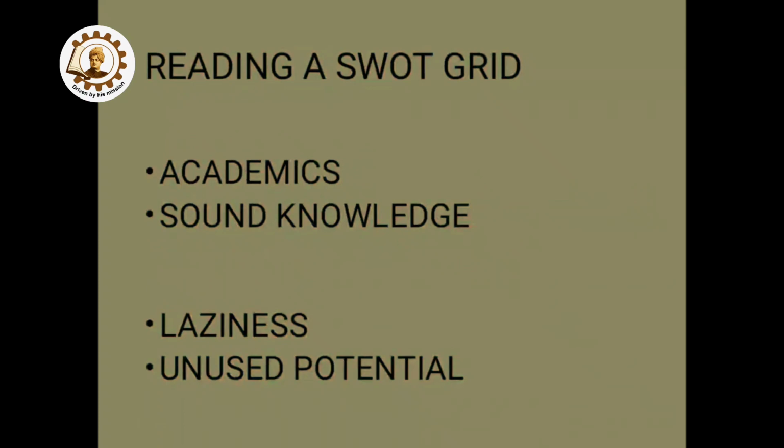Let us now figure out what is a SWOT grid. There are 4 areas in this grid. The first 2, as we have said, are the personal areas of the candidate. Maybe the company is looking for a chartered accountant and his academics is excellent. His academic result is good, and obviously he has a sound knowledge. This sound knowledge of the candidate will turn into opportunity for the company, which will utilize his good academic knowledge